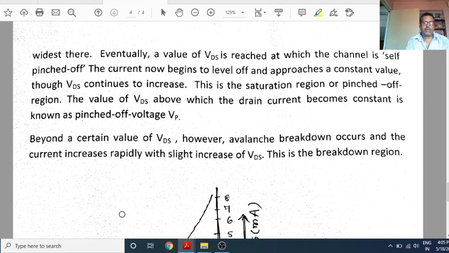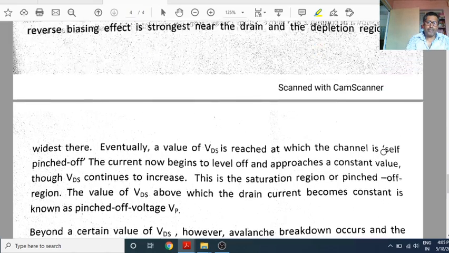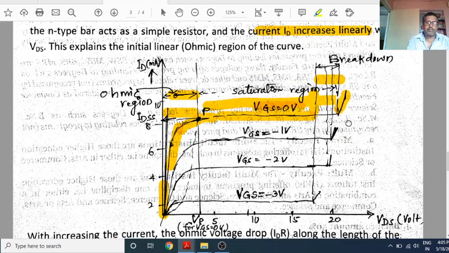Beyond a certain value of VDS, however, avalanche breakdown occurs and the current increases rapidly with a slight increase of VDS. This is the breakdown. So we have discussed three regions. First, the ohmic region, linear region, this portion. Second, the saturation region up to this, and third, the breakdown region.